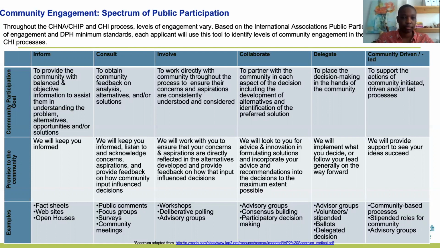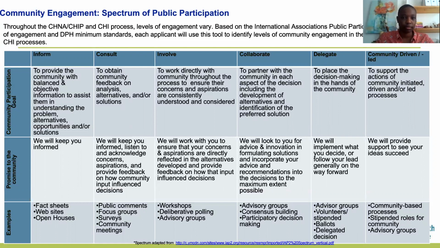And continuing with community engagement, we believe community engagement is a critical ingredient in eliminating health inequities. Simply put, it is not possible to understand and address root causes without authentically engaging with the individuals who are directly experiencing the systems and environments that create inequitable outcomes. We leaned on national best practices from community-based participatory research and on community health improvement resources from places such as the CDC to establish minimum standards for engagement based on the 5 steps of a community health improvement planning process. These standards require hospitals to utilize the widely known public participation spectrum to set goals for engagement.